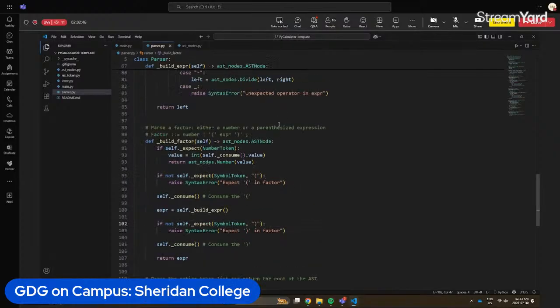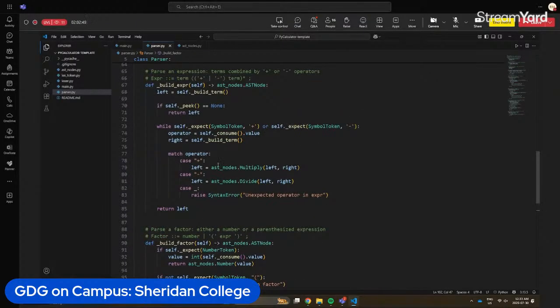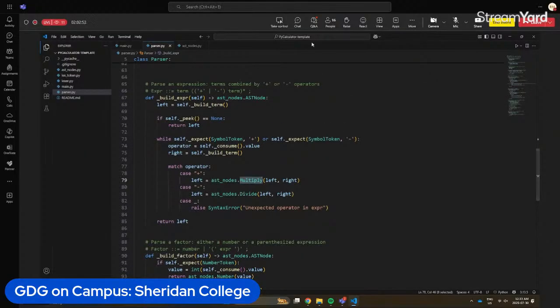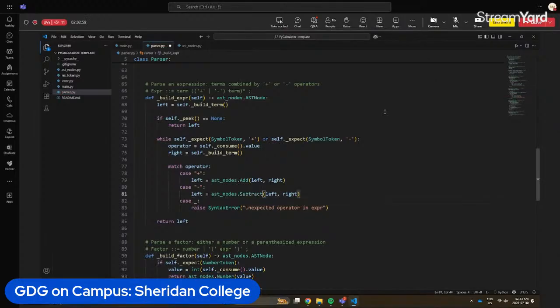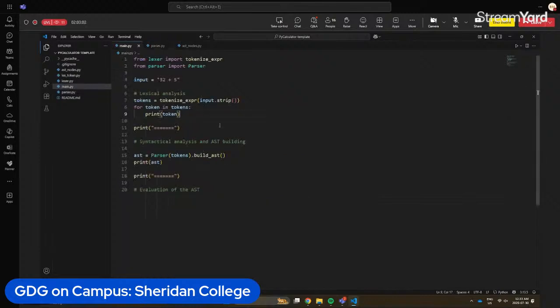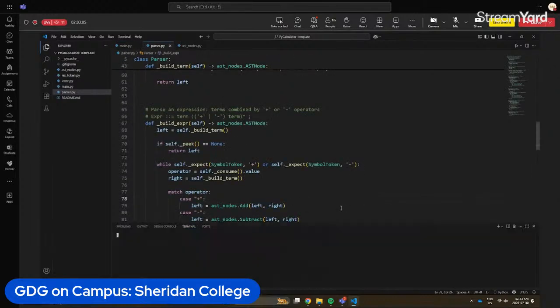Oh, shoot. The one last thing that I forgot to do was for these, it's not going to be multiply, it's going to be add and subtract. Okay. Sorry about that. Okay, so now that should be the completed code. If we do run that now, there we go. So as you can see, we take the number 32, we add the number 5, and then